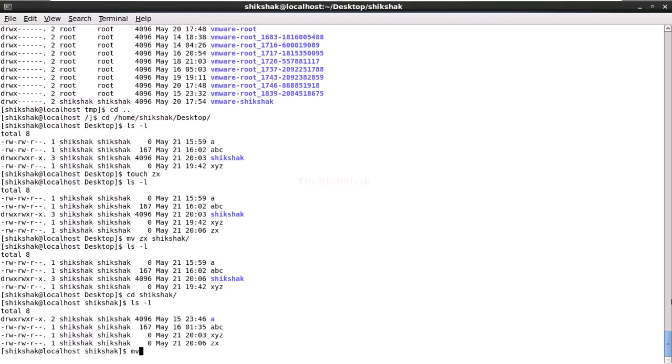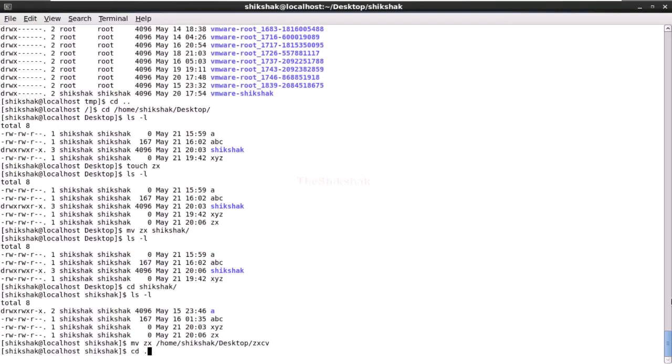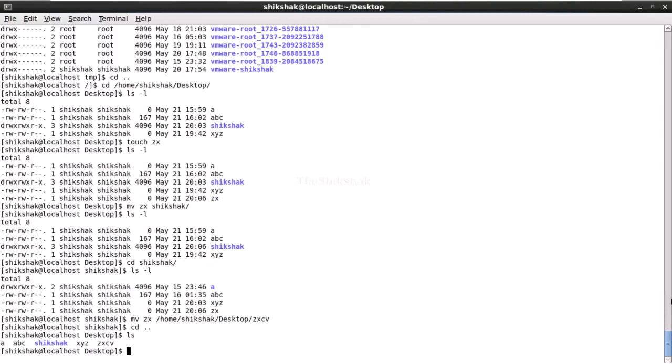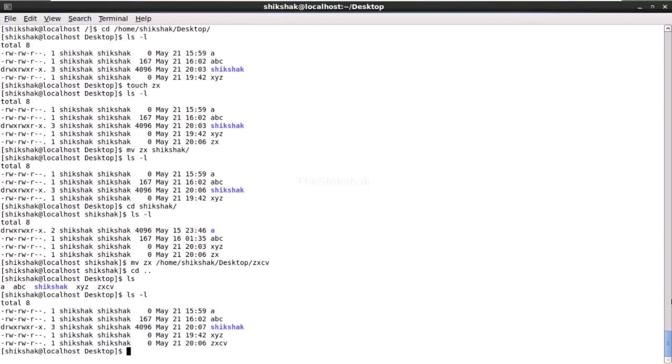Let's do it. mv zx /home/shikshak/desktop with the name zxcv. Okay, now if I check it, I will find that the zx file gets replaced with the name zxcv. So file renaming भी हो जाता है mv command से, और actually move भी हो जाता है. So now moving further,